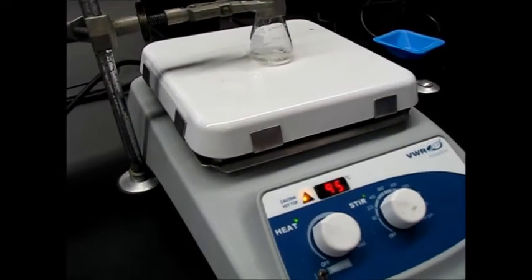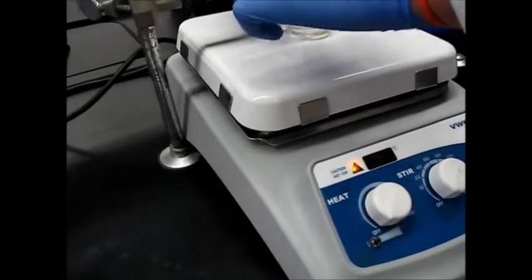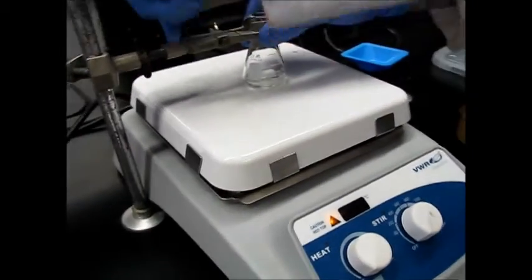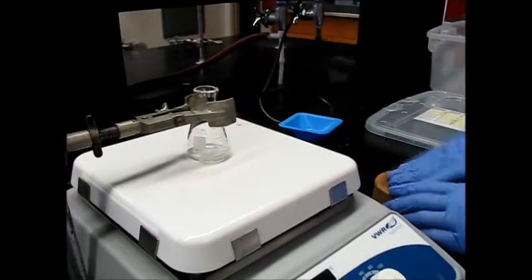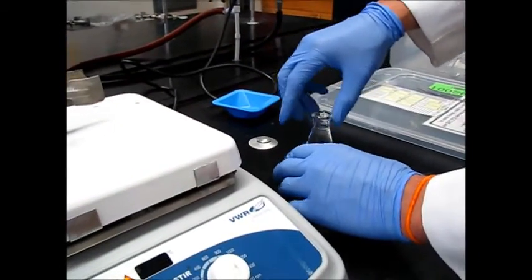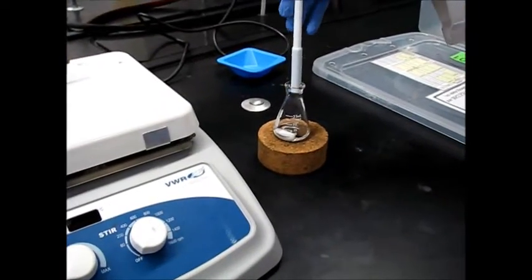So now what we're going to do is start the workup part of this reaction. So we're going to go ahead and turn off the stirring, turn off the heat. We're going to unclamp it. Now it is a little bit hot, so we're just going to set it on this cork ring right here, turned upside down. Cool. So we're going to go ahead and take out this stir bar,